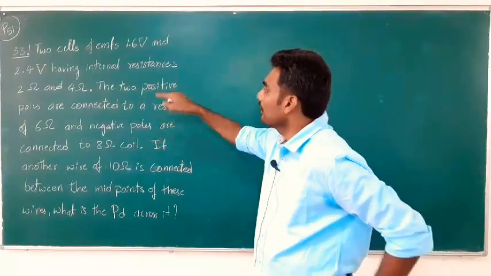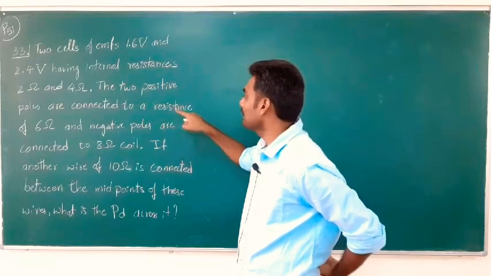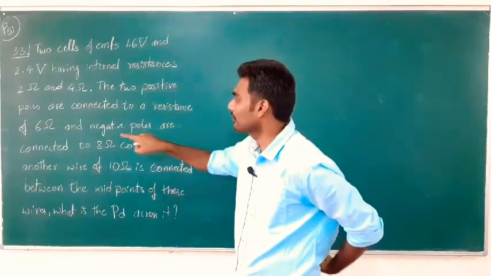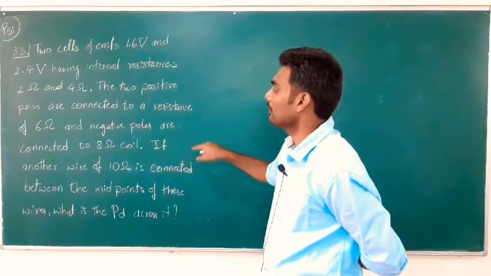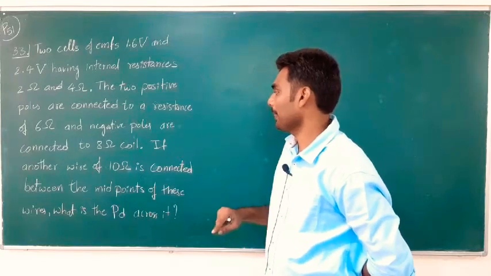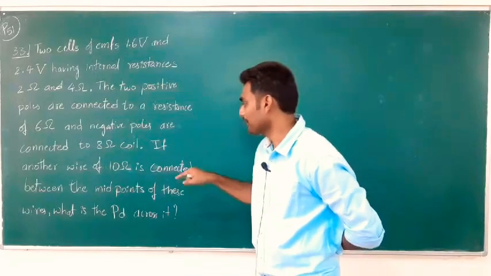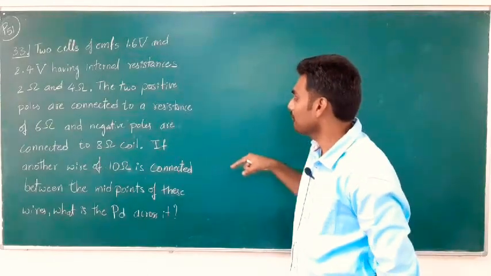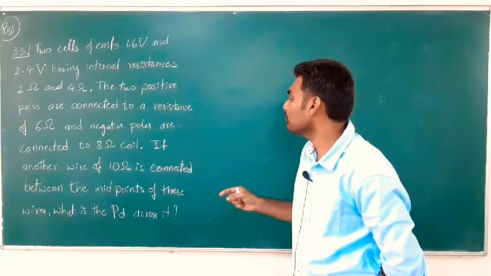The two positive poles are connected to the resistance of 6 ohm and negative poles are connected to 8 ohm coil. If another wire of 10 ohm is connected between the midpoints of these wires, what is the potential